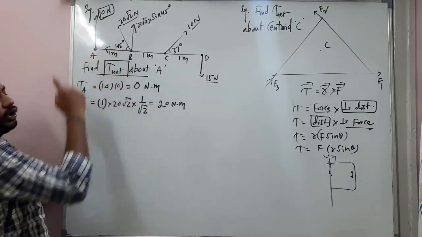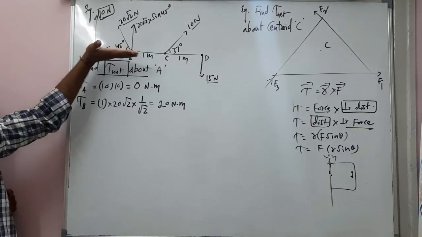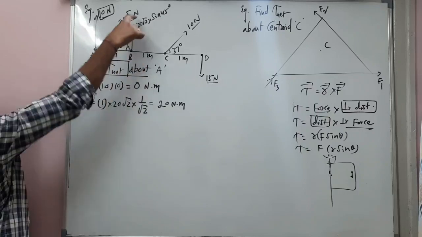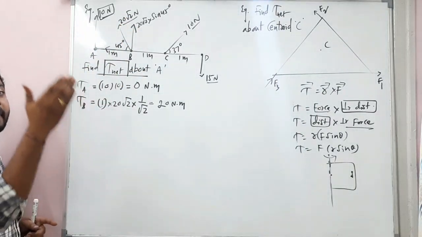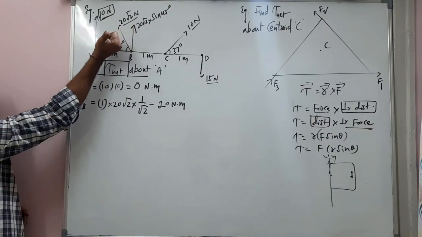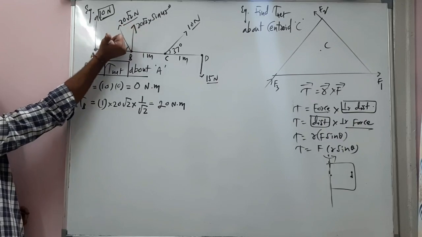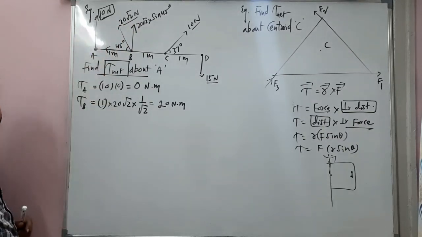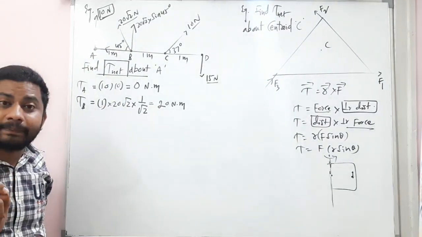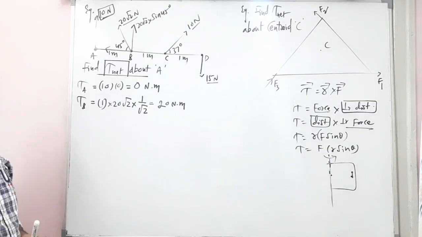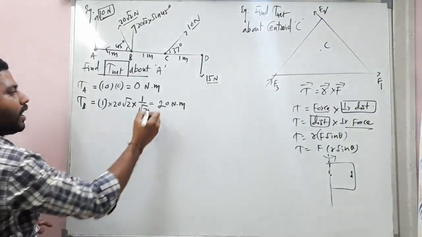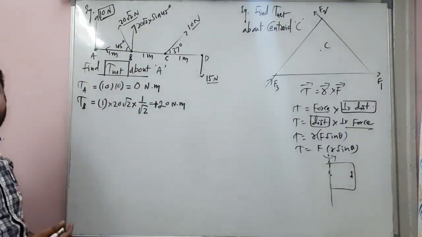So this is R bar, A to B. Notice this is R bar. F bar. Look at here. So this is F, right? So R bar cross F bar. So I should stretch my right hand fingers in the direction of R bar and curl it towards F bar. Look at here, R bar cross F bar. See, the thumb is pointing out of the plane. When the thumb is pointing out of the plane, the torque is positive. Do you remember that? When the thumb is pointing out of the plane, the torque is positive. So that's a plus 20 Newton meter.